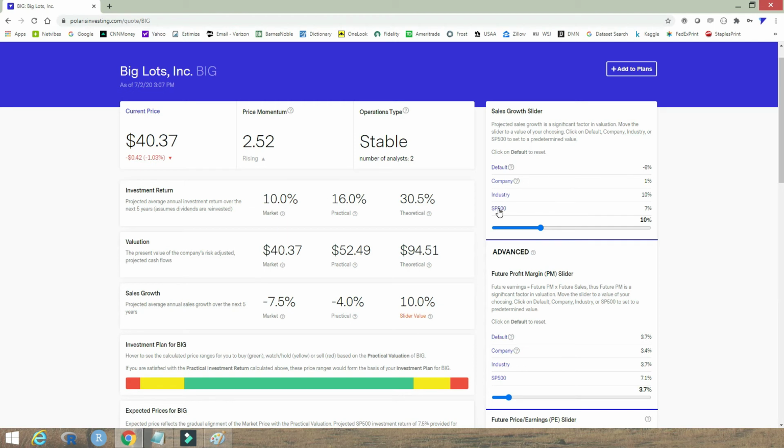Let's say I've, as a user, decided that I believe that the annual sales growth over the next 5 years is going to equal the typical sales growth for a company in the S&P 500. So I set it to 7%. You can see here that that sets the theoretical sales growth of 7%. It comes up with a theoretical valuation of $82.18, which is quite above the current price. Well, the practical valuation, taking into account the current price, is considerably less, but that's what we're going to go forward with,